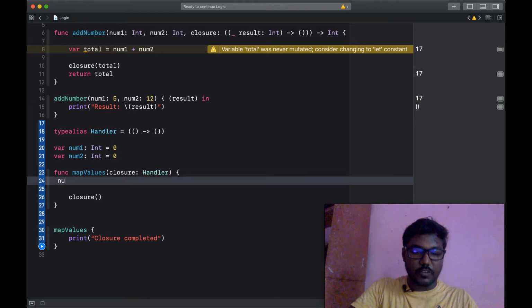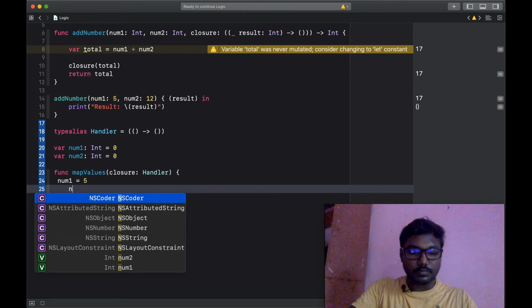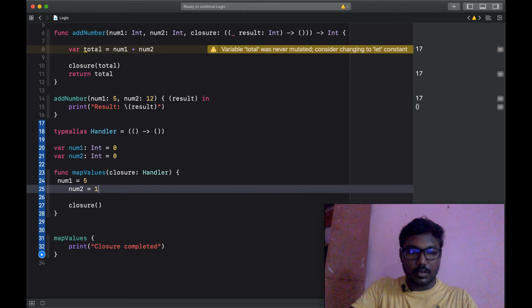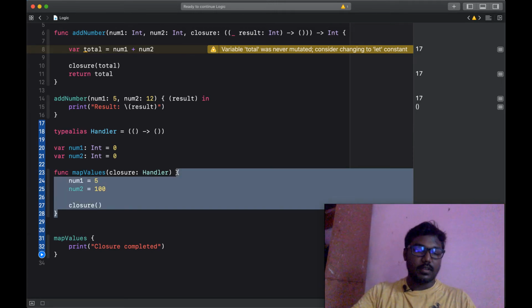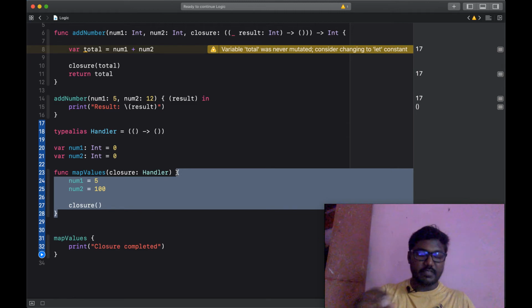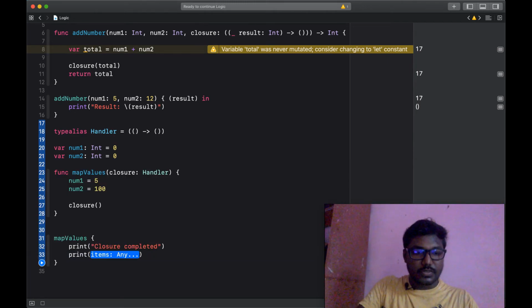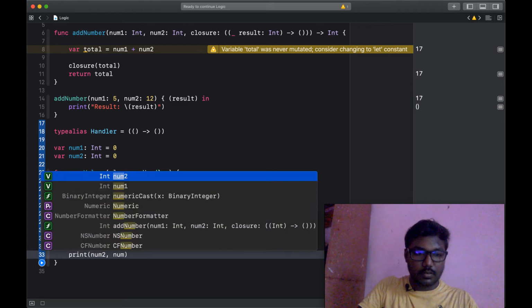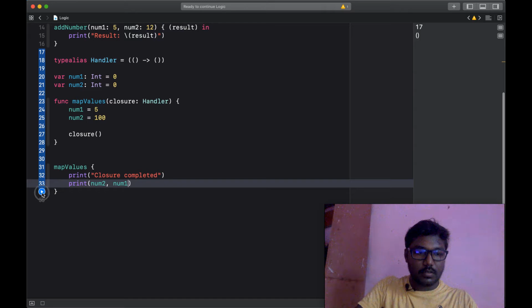Now I am setting some function inside of the function. I am setting the value to number 1 as well as number 2, so values to the param inside of the function. After the closure completed, we can print the values like number 2 and number 1. Likewise, we can set it here.